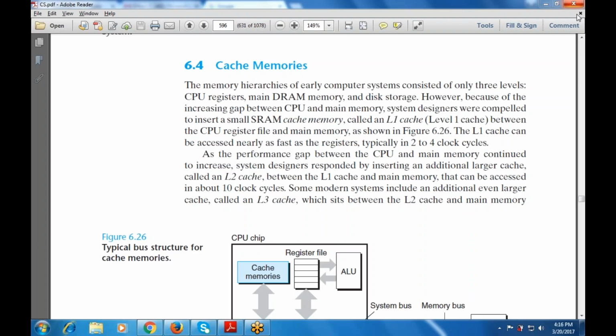Now the next part is cache memory. A cache memory lies between the main memory and the secondary memory, and the main advantage is that it is the fastest memory used with the three levels: registers, main memory, and disk storage. However, because of the increasing gap between the CPU and the main memory, designers are compelled